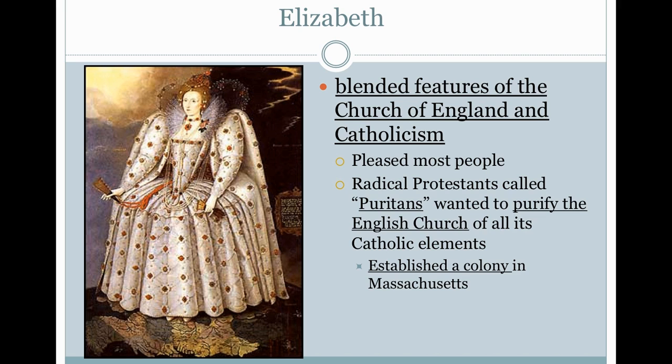I don't know if they were Anabaptists, but the Puritans just want to purify the Church of England. The Pilgrims wanted a separation, and they come first to Plymouth, Massachusetts. And then the Puritans follow. Eventually, the Puritans and Pilgrims kind of become one, and it just becomes a Puritan colony.